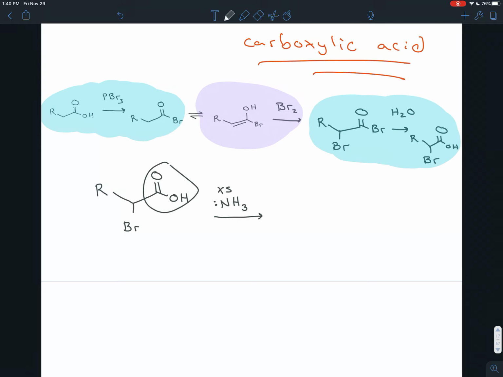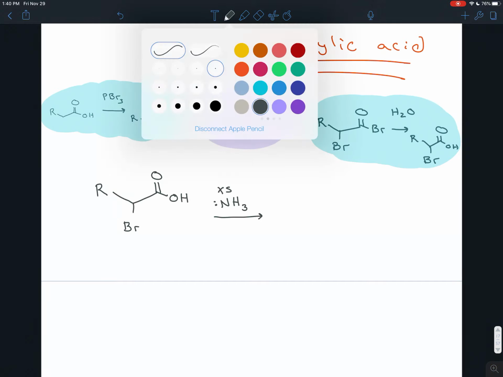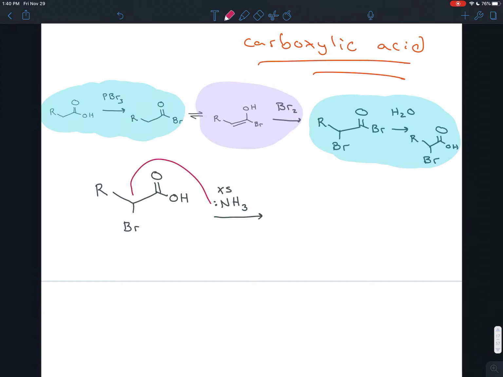So if you leave it as a carboxylic acid, some of the ammonia is going to get used up as a base to steal that hydrogen away, but you have excess. So what's left over will not attack this carbonyl carbon. Instead, it will do an SN2 reaction here. So it'll attack there, kick your leaving group off, and you have